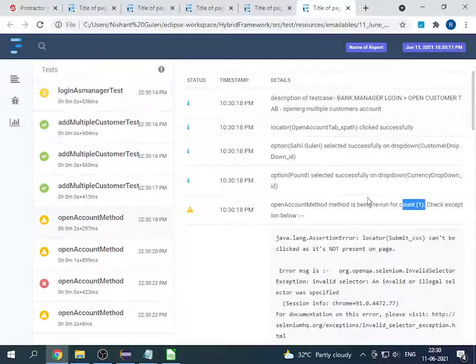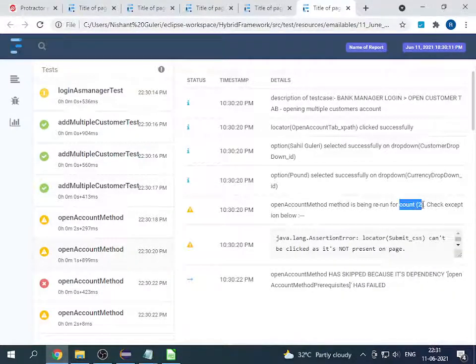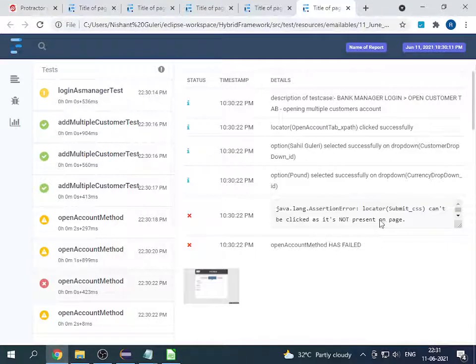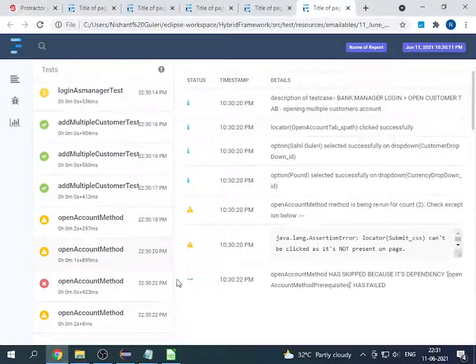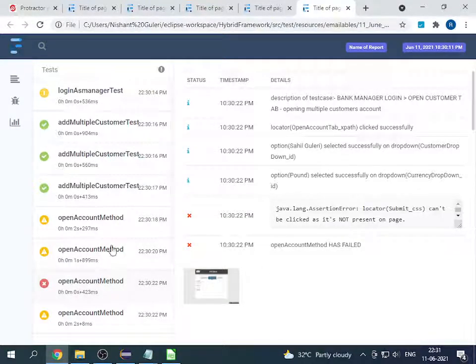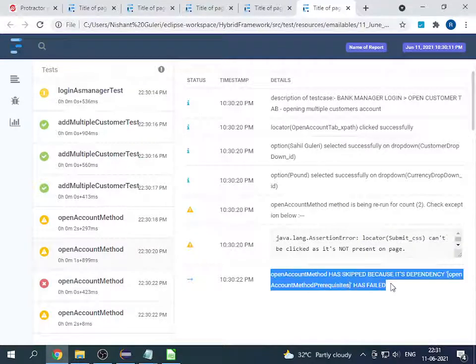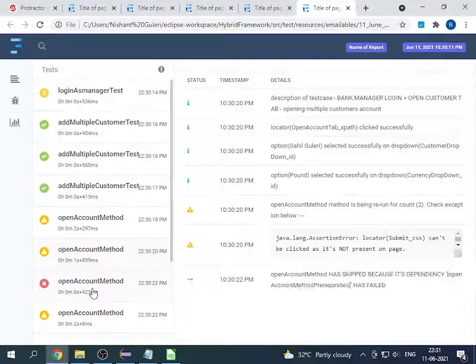Count is 1, count is 2, and the third attempt again we are finding it incorrect. This time we had failed. You can skip this message. I need to tweak my code such that we don't get this kind of message unnecessarily.